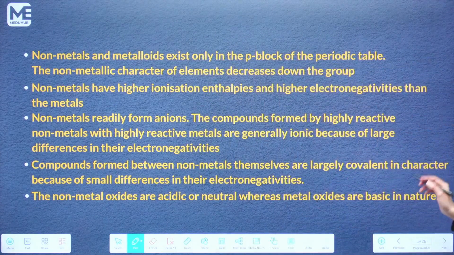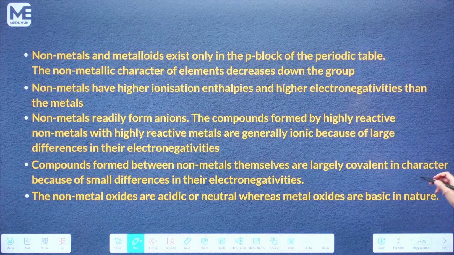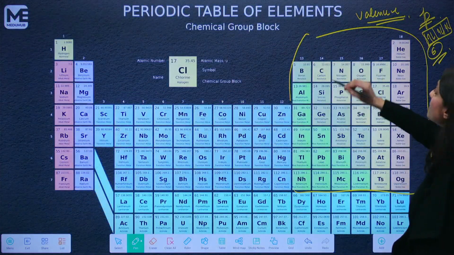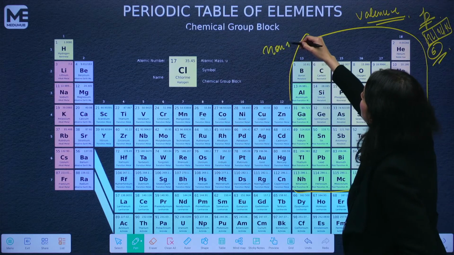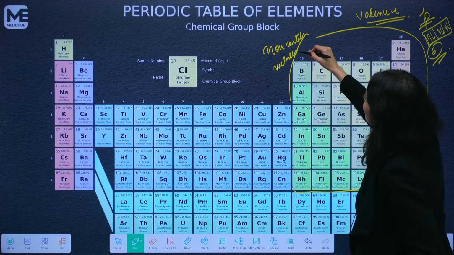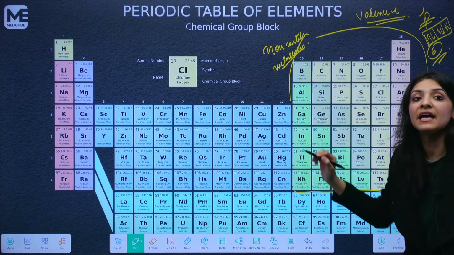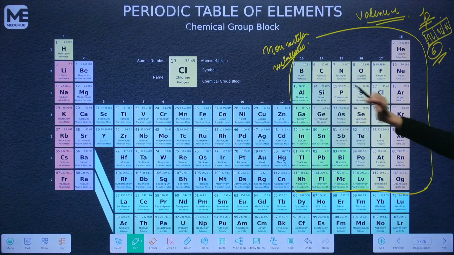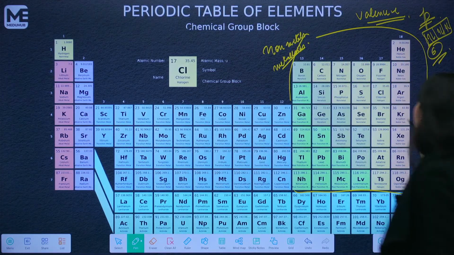Now, another very interesting thing about p block elements is that this is the only block where non-metals and metalloids exist. Metalloids are elements whose properties lie between those of metals and non-metals. So, p block is the only block where non-metals and metalloids exist. So, if you see this here,